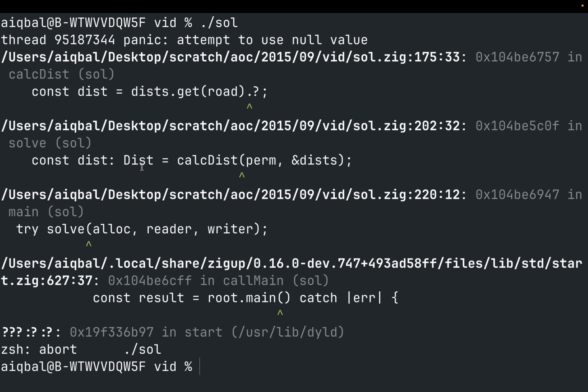Okay, that did not work. Okay, let's start printing what is in this map. Like, what are we putting in this map? Or at least,